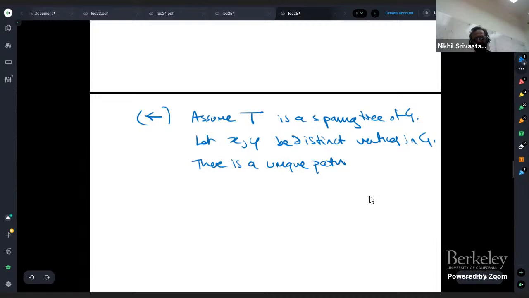Here we're using our previous theorem, right? Or I mean, we don't even need the theorem. There is a path because T is connected. So let's just say that. Let's just use the easier fact, right? So since T is connected,